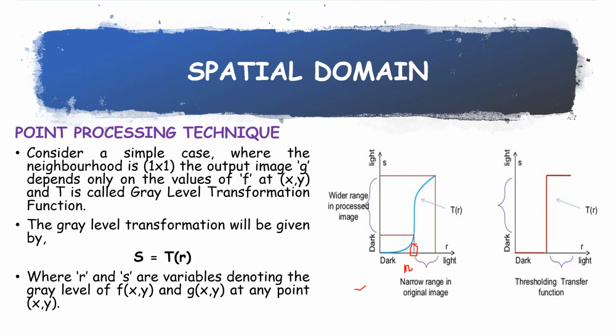Now, the larger neighborhood allows only pixels which are considered about a center pixel called x and y, which is called a mask. Now, a mask is a small two-dimensional array, having either 3 cross 3, 5 cross 5, or 7 cross 7 values. We say that the enhancement techniques based on this type are called mask processing or filtering.